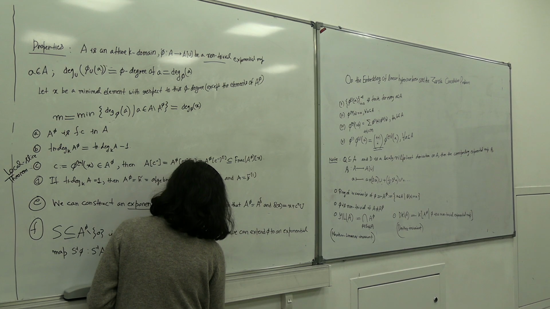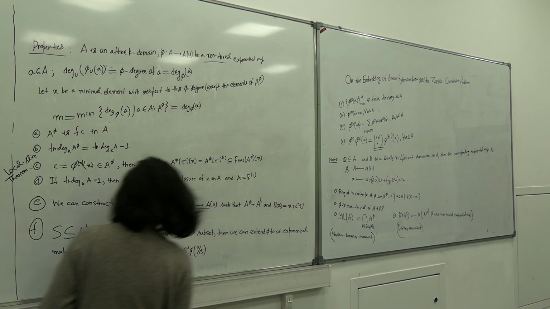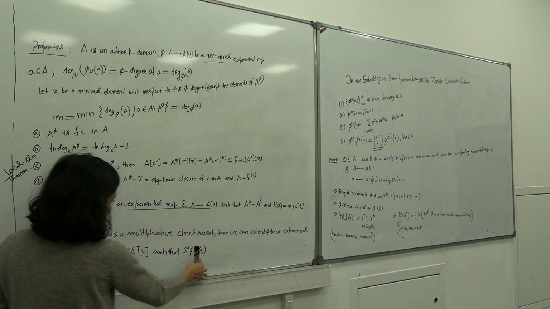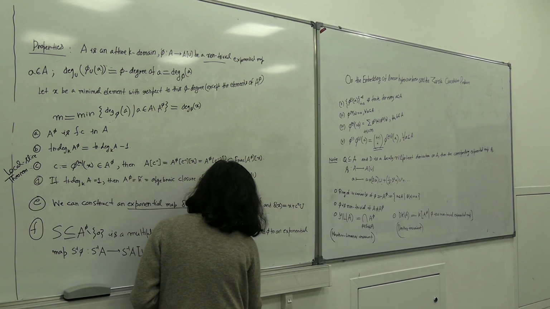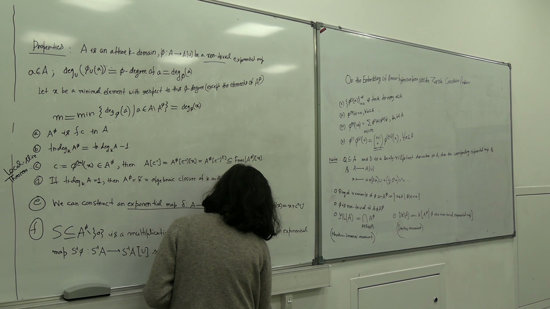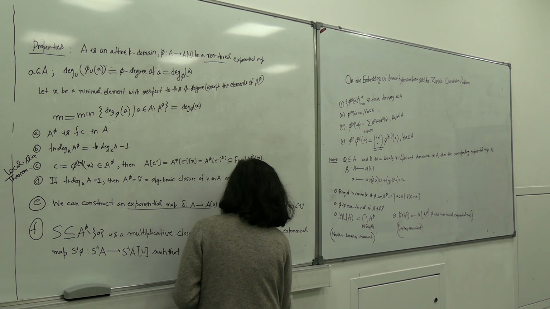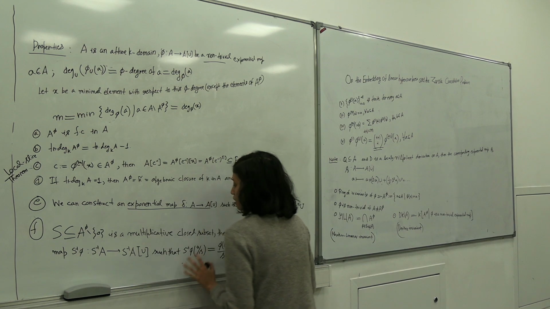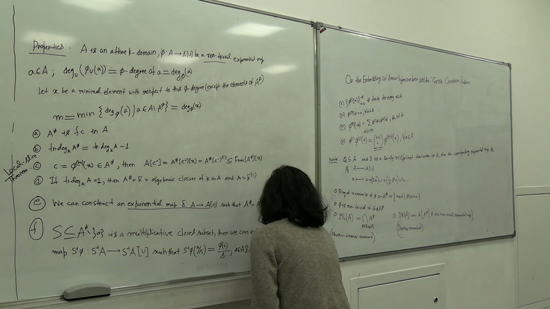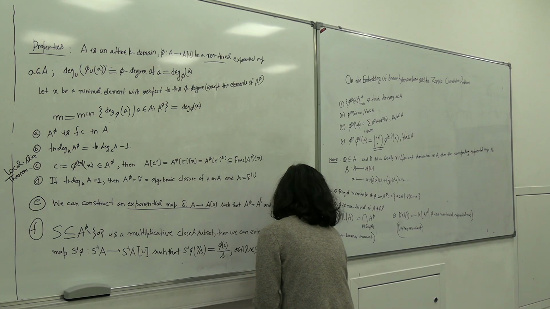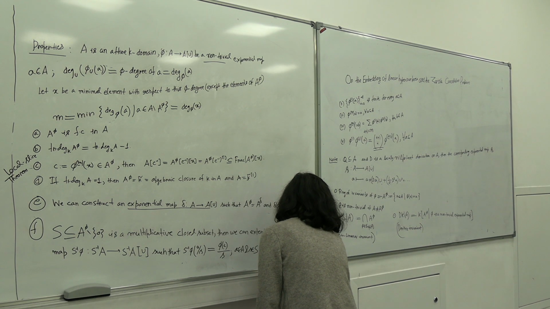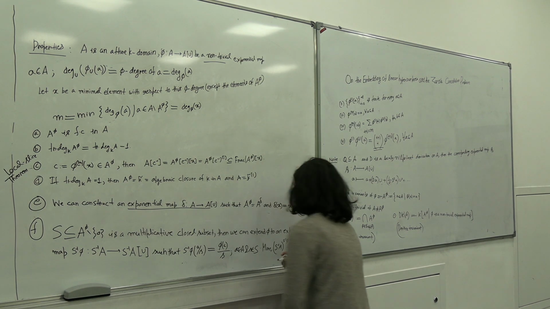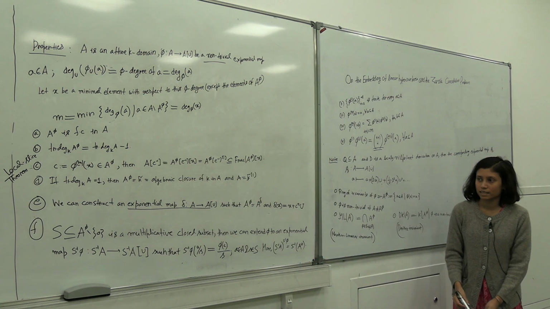such that S inverse phi of a by s, where the elements are from S inverse of A, so they are a by s, goes to just phi of a by s, where a is an element inside A and s is an element inside S. Moreover, we can also write the ring of invariants, that is S inverse A to the S inverse phi, is nothing but S inverse of A to the phi. That is whatever we are expecting, we will get that.